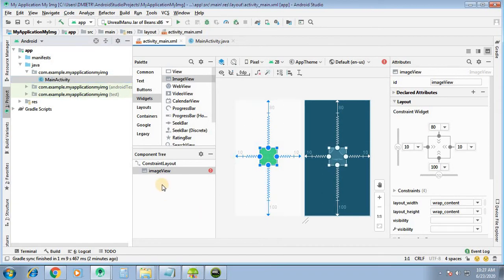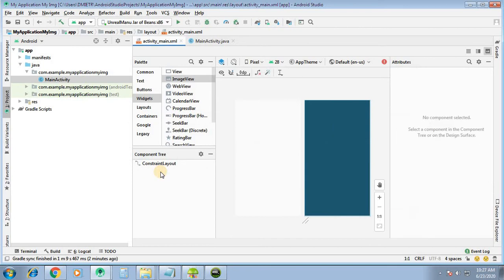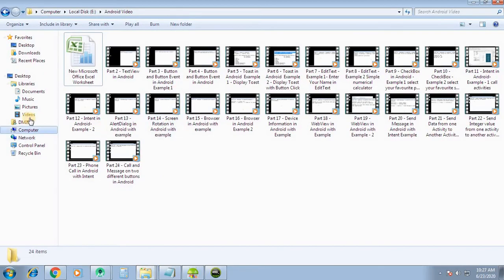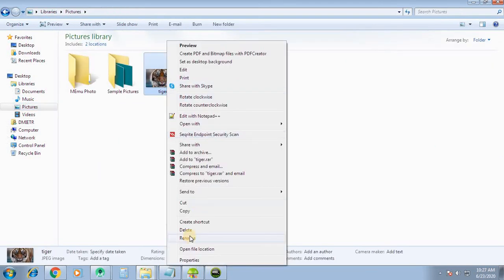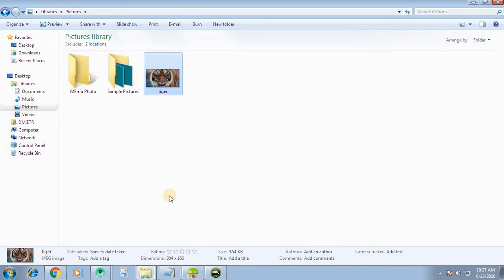One thing we have to remember, that the images which we want to use we have to set. So initially we will copy the images which we want to use in this ImageView. So right now I am deleting this ImageView. How to add the images? You have to copy the images which you want. For example, from the pictures, suppose I want to use this tiger image, then copy this image. Whatever image you want to copy.